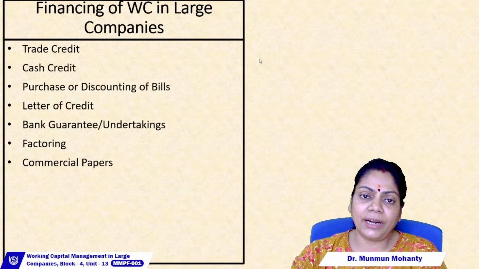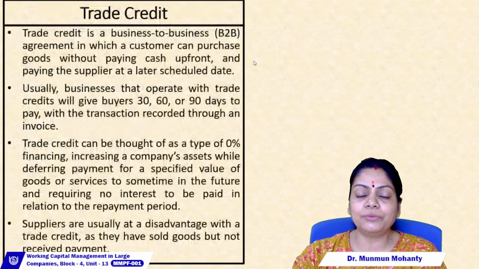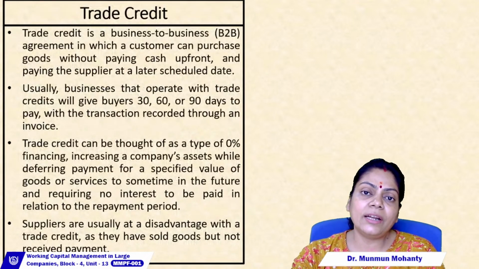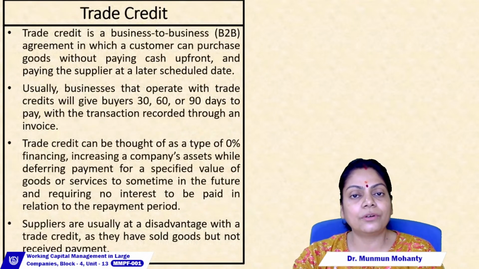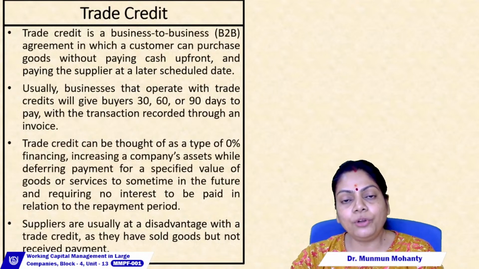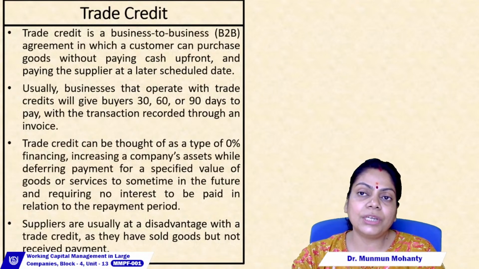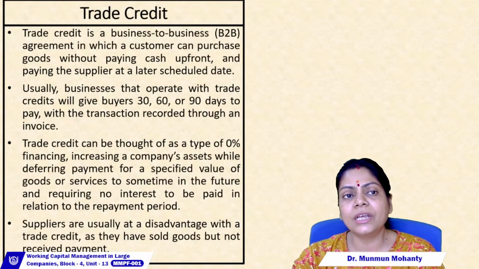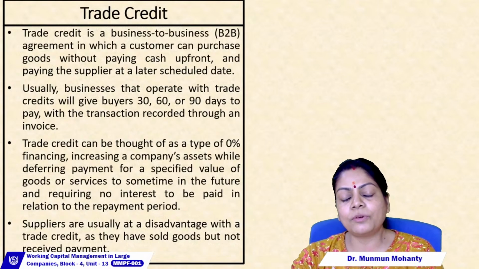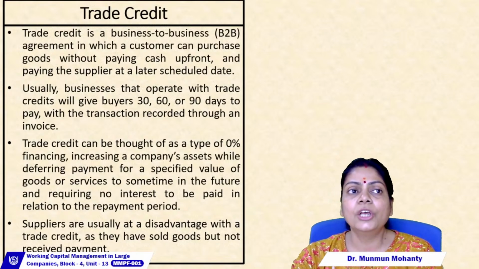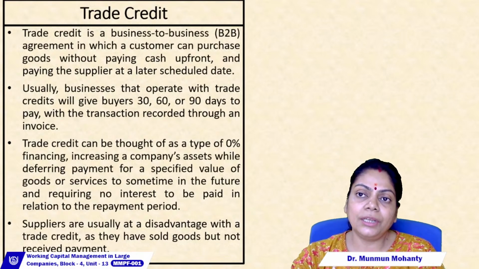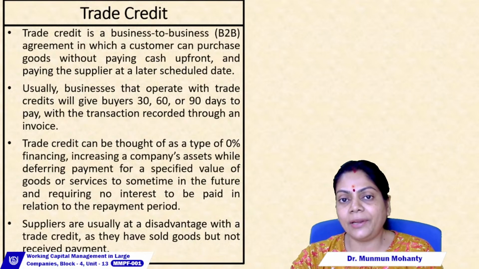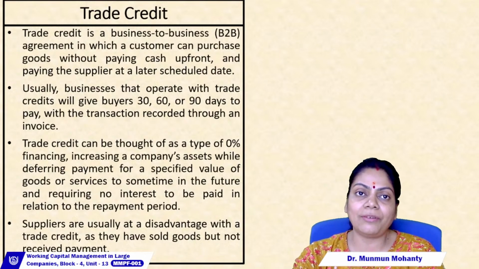We can talk about trade credit. Now, what is trade credit? As we have already discussed elsewhere regarding trade credit, it is an automatic source of short-term finance, because in the due course of business you are purchasing things from your supplier on a credit basis, and it is a norm that you will always purchase things on credit basis. So the credit available from your supplier is a continuous line of credit. It is automatically available.